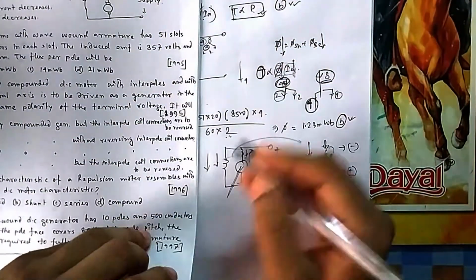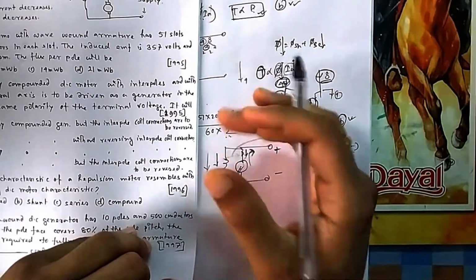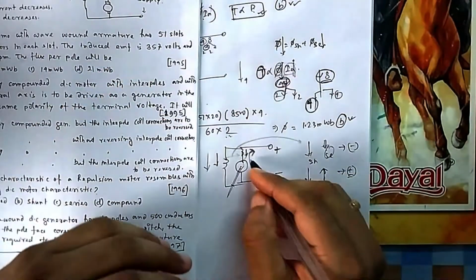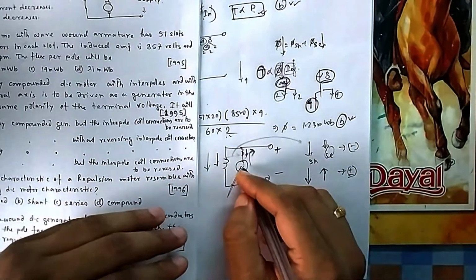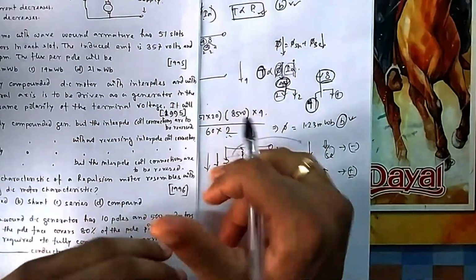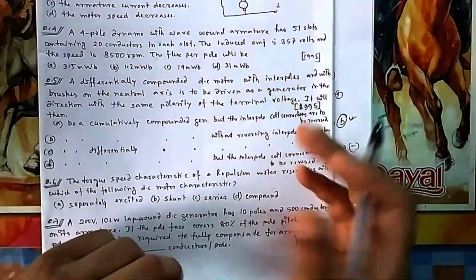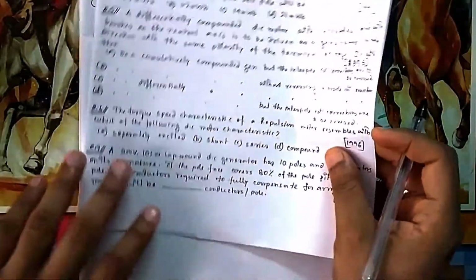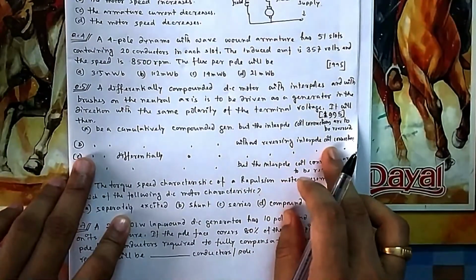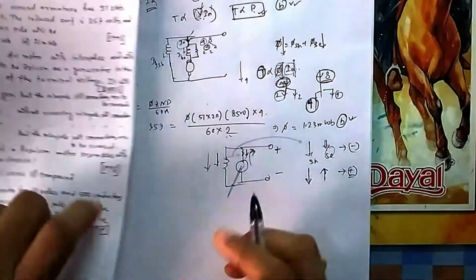So it is always connected in series with the armature, because the armature current inherently changes direction when you make it a generator, you are not changing any connection of the armature. So automatically through the interpole also it will change, it will be in series with the armature current. So that's why no need to change the interpole coil connection, that is option B.